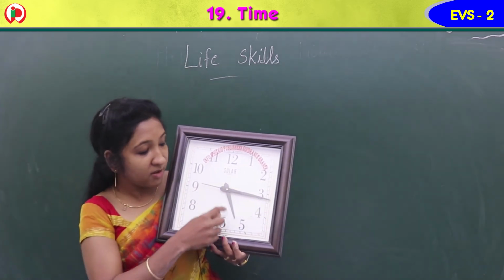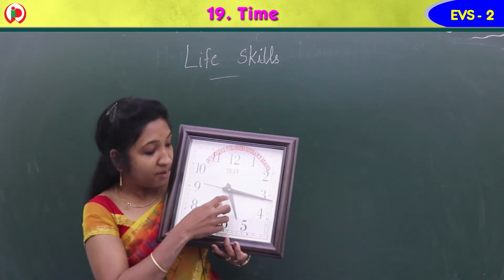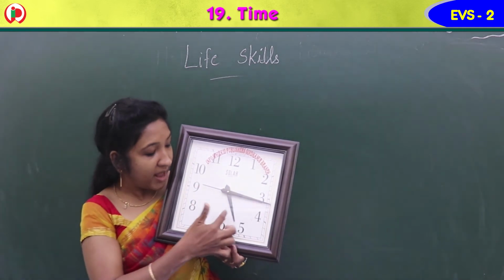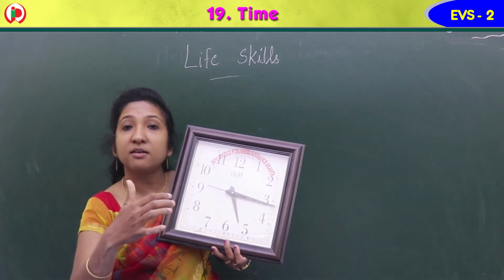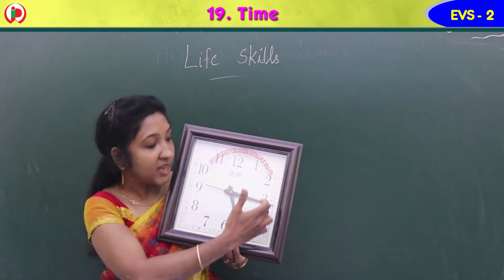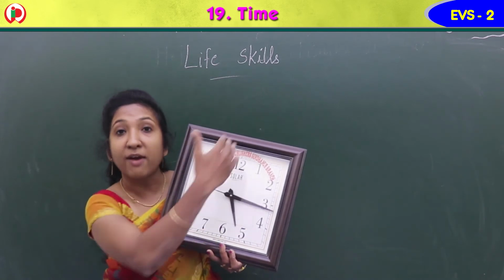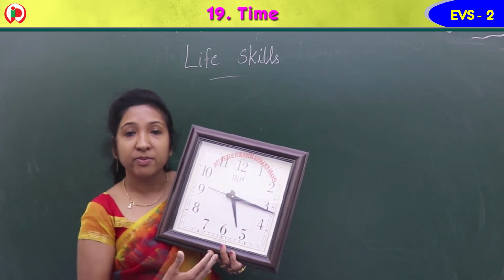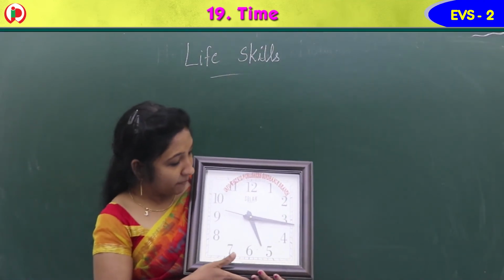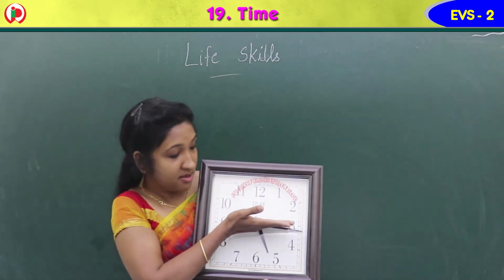Okay, but you have to see where the hour hand is pointed. If hour hand points towards 5, the time starts with 5. If the hour hand points towards 6, the time starts with 6. Okay, then the other thing, the minute hand you have to calculate by every 5. Just as 5 table we read. Okay, yes. So children, so this part you see up to here like this.